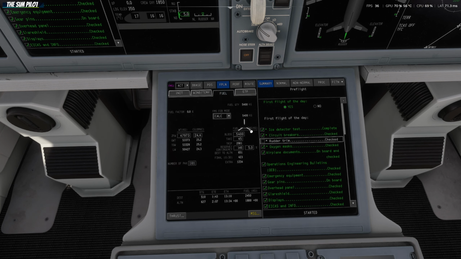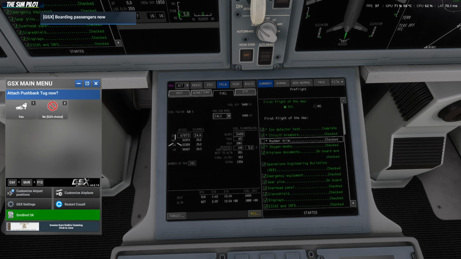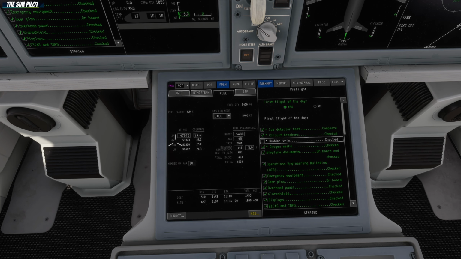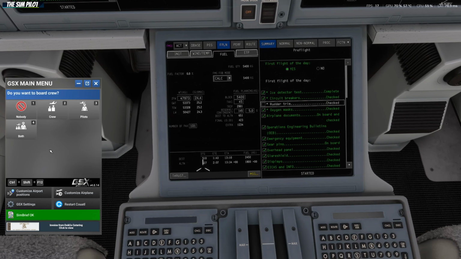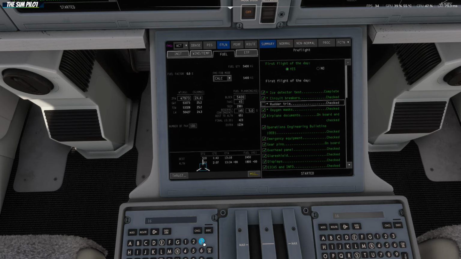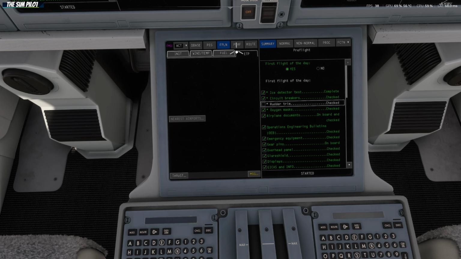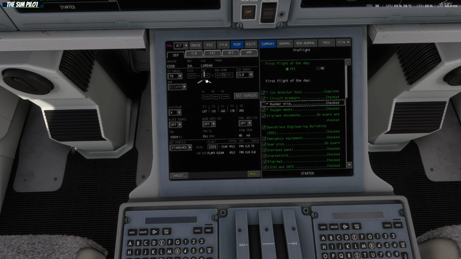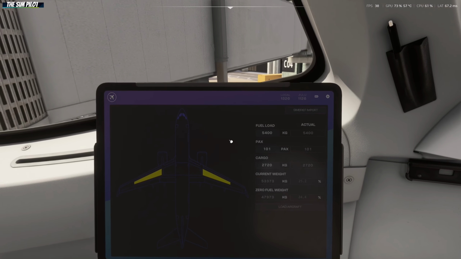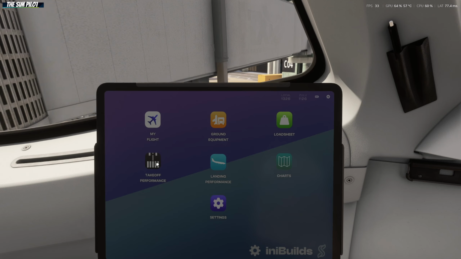Execute this. All looking good. Taxi fuel according to our fuel planning FP is going to be 163 kilograms. Fix 3 taxi fuel and execute that. Now all left is to do the performance, and we can do so by going into the departure or takeoff